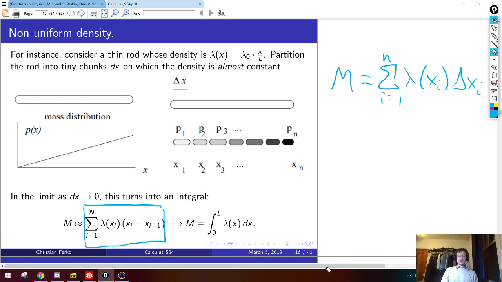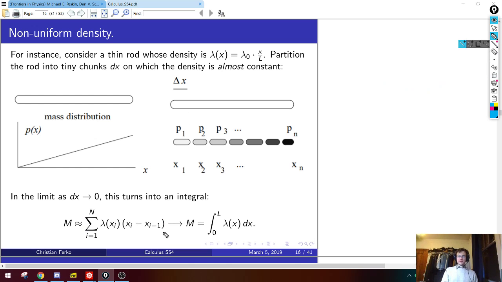Okay, well that's fine. That sum is just an approximation, but now is where the magic happens. Because we saw when we proved that the Riemann integral is equivalent to the Darboux integral, that if you take the limit as delta x goes to 0, or equivalently the limit as the number of points in this partition goes to infinity, that's the same as the usual definition of the integral, which we defined as the supremum of lower sums being equal to the infimum of upper sums. So whenever you have something with this property and you take the limit as the number of points goes to infinity, you can replace that sum by an integral.